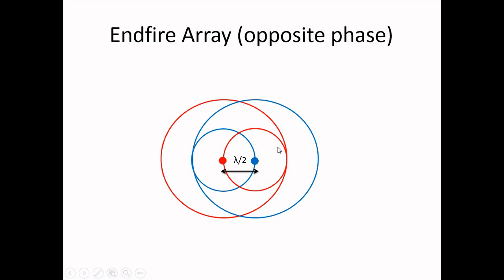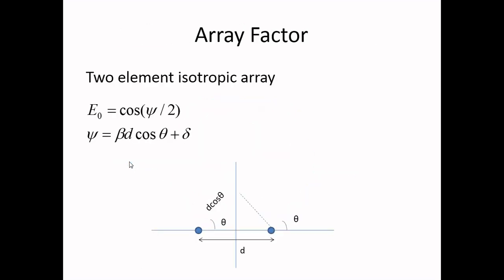So the inner circle of this antenna is red and the inner circle of this antenna is blue. Because of this, the destructive interference, that means the red and blue intersection, is happening at 90 degree and 270 degree directions, and the constructive interference, that means blue with blue and red with red, will intersect at 0 degree and 180 degree directions. As a result, the radiation maxima will go towards 0 degree and 180 degree. We'll see this in the form of a radiation pattern as well.